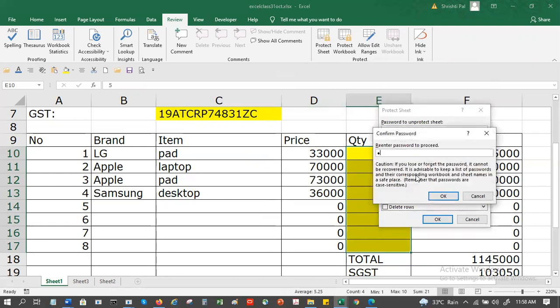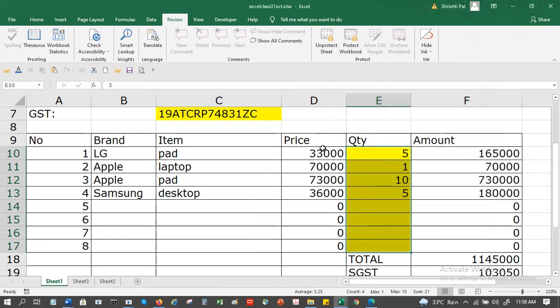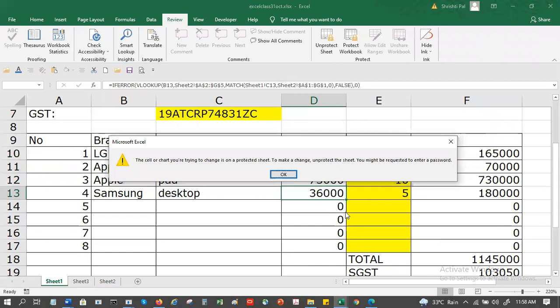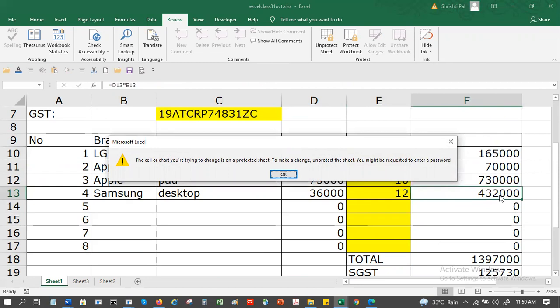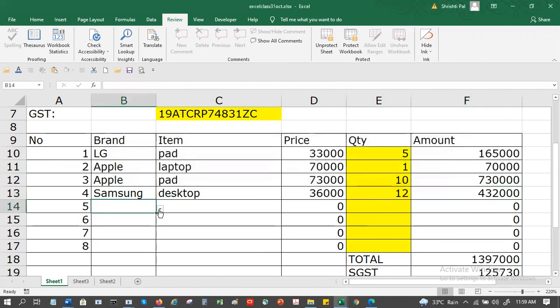Now see, if I try to change this, the system will say no. But if I want to change it, I have to unprotect the sheet. I can choose a value here, but I'll have to leave this as disabled so that I can choose the values. But this one I can't change. This will only come from my values.